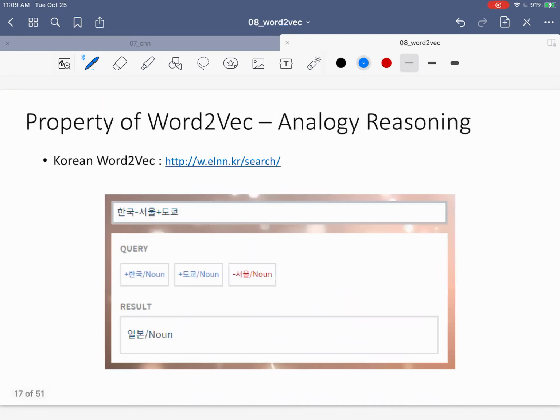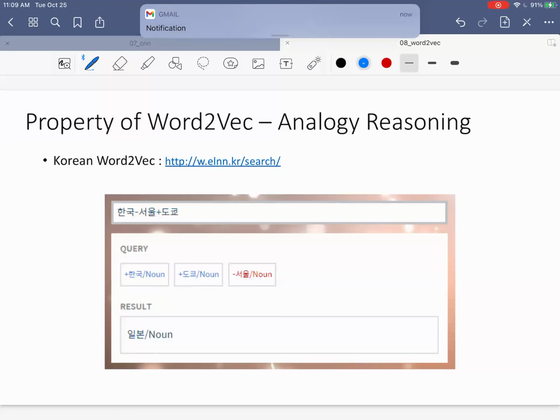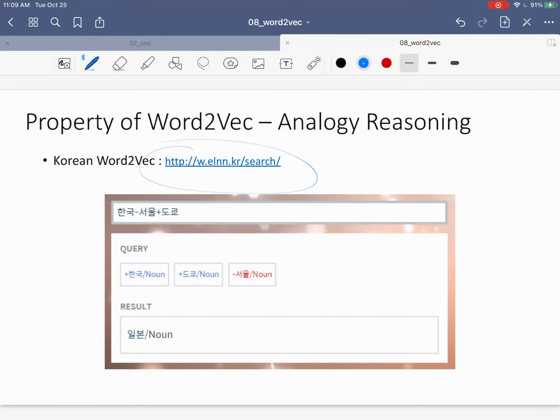And this is not just applicable in English. Actually, it works in any language. I'm not sure if this link still works, but it used to. You used to be able to test it out, like 한국 마이너스 서울 플러스 도쿄 오면은 일본이 나오는. 그러니까 이거는 나라와 수도의 관계를 보여주는 거죠. 한국 빼기 서울은 일본 빼기 도쿄랑 같으니까 이렇게 항을 옮겨주면 도쿄 항을 옮겨주면은